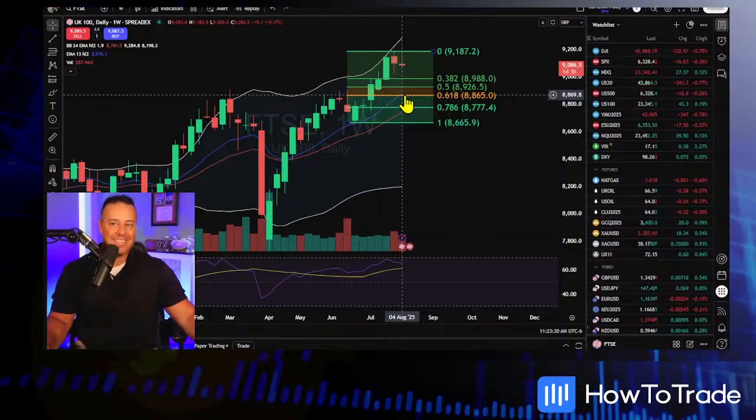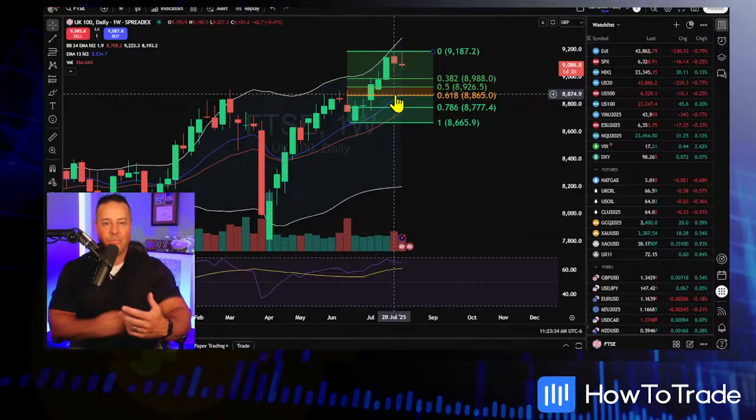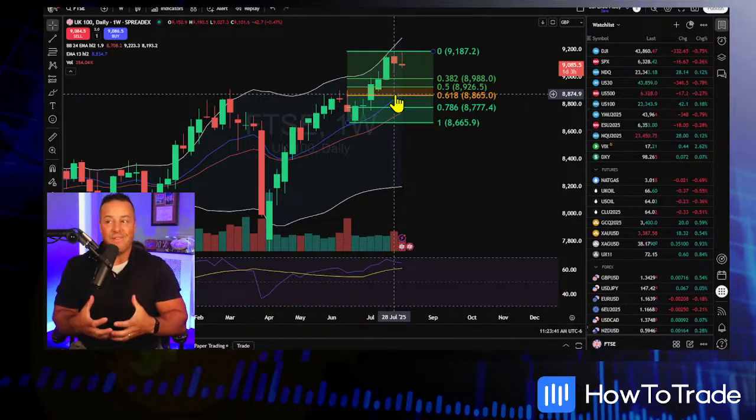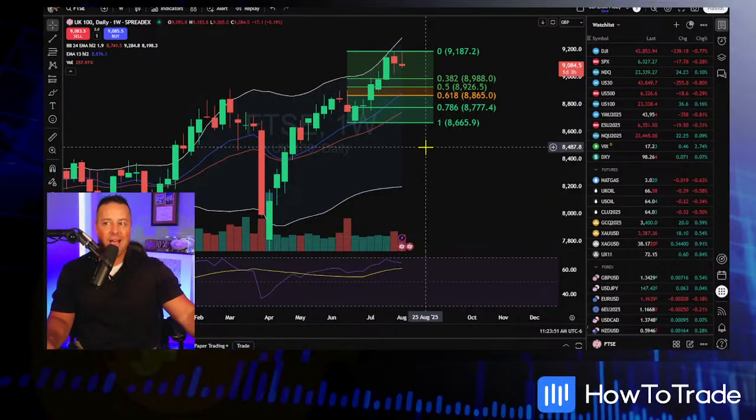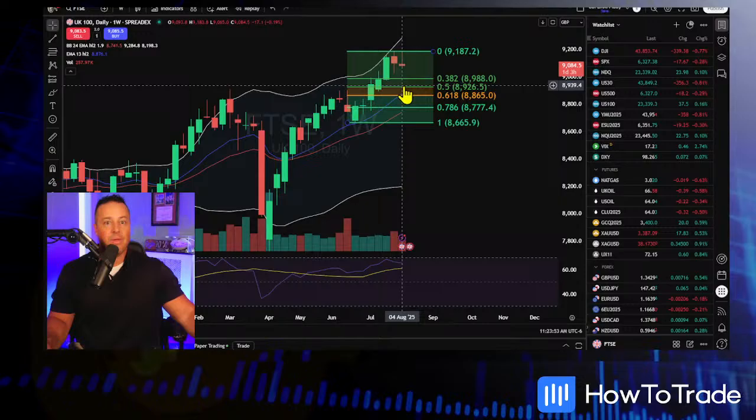Why is it so great? 13-week EMAs down there at 88.76. I mean, that is absolutely fantastic. We have a trader at How to Trade that reaches out, and we're in correspondence, and they really appreciate the convergence of the 13 EMA with the Fibonacci levels. And that, when I see that, I mean, it's just all systems go. So that's a great one to be looking at, especially if you get a deep pullback. I don't think you're getting a deep pullback, but maybe.